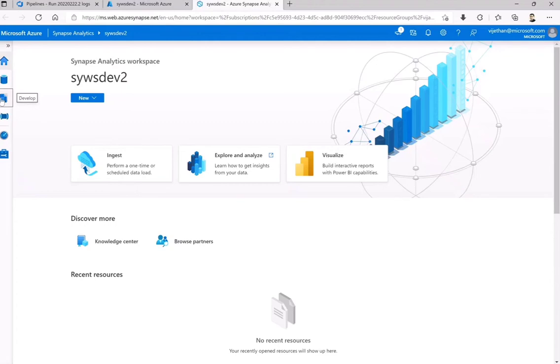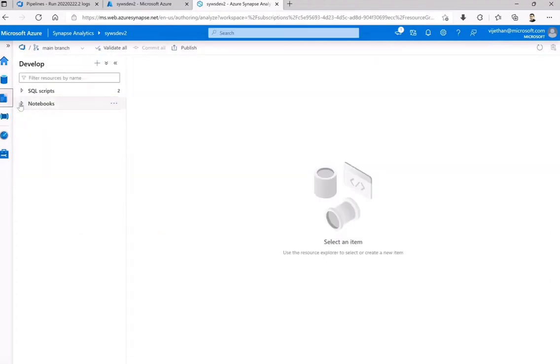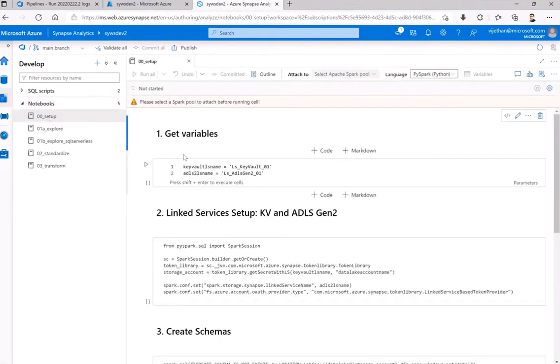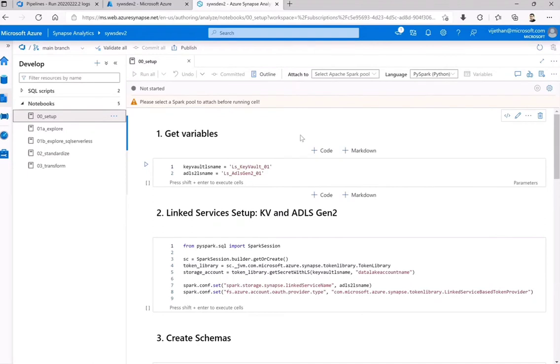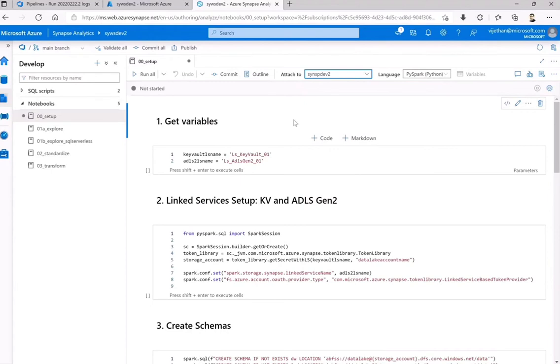We have to go to the respective Develop. Then within that we have to run the setup notebook for each of the environments. It can take some time while it connects to that node, so be patient on that as well. While it connects on that particular node, you will then be able to run that particular notebook. As of now, we are just attaching the respective workspace to that notebook.